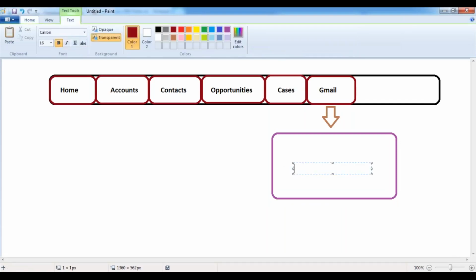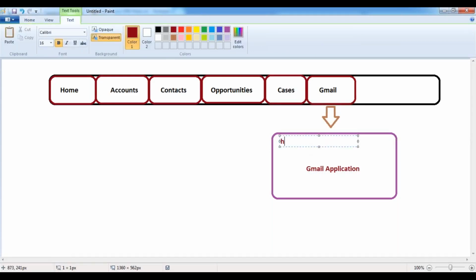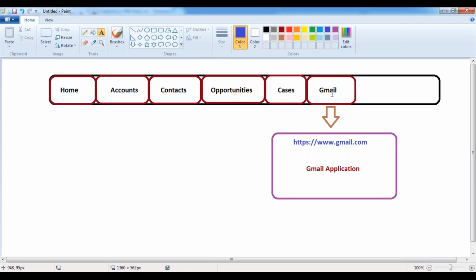Gmail is a website, a web application. So how can we access this Gmail application? By using the URL. What is the URL? https://www.somegmail.com. So this is the URL that we have. Now what needs to be done? As soon as you click on this Gmail tab, it has to redirect the user to the Gmail application.